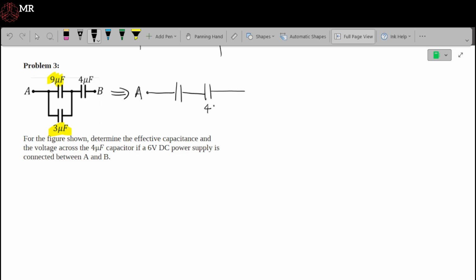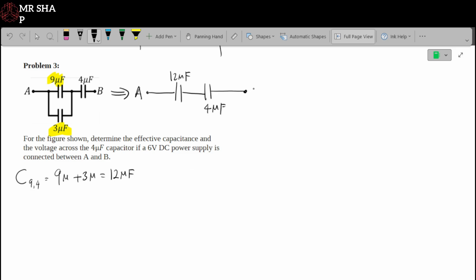Okay, so here we still have our 4 microfarad, and then we have something in the middle. Let's call this C9,4, and because they're parallel to each other, what we can say is that it's going to be 9 microfarad plus 3 microfarads, which is going to be 12 microfarad. So now I'm left with a 12 microfarad and a 4 microfarad